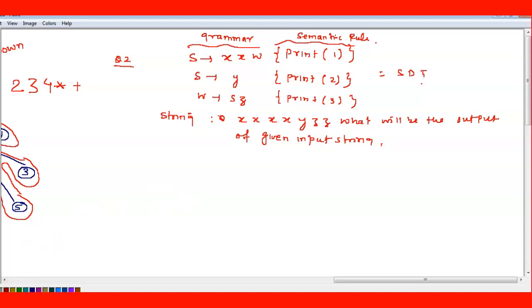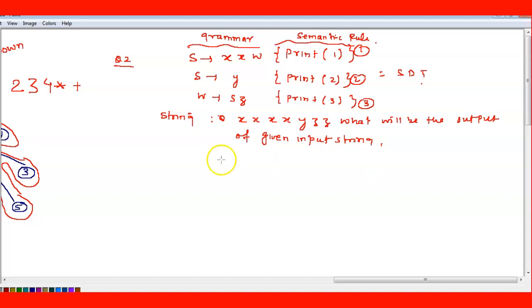So now see here, first, whenever a question comes in SDT, you draw the parse tree, right? Just consider each production as one rule: this is rule number 1, rule number 2, rule number 3.